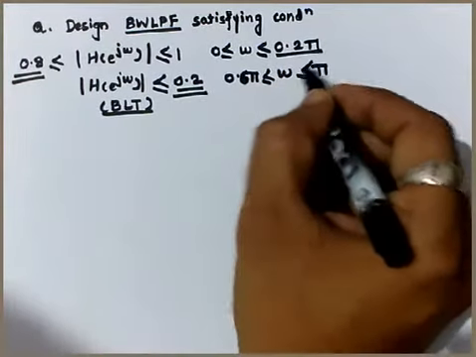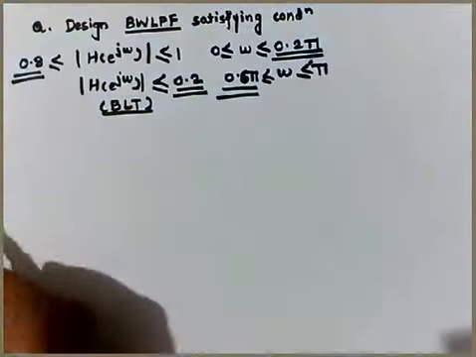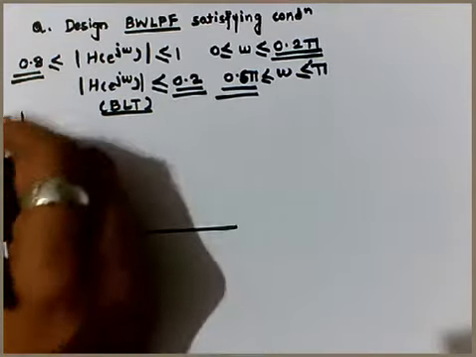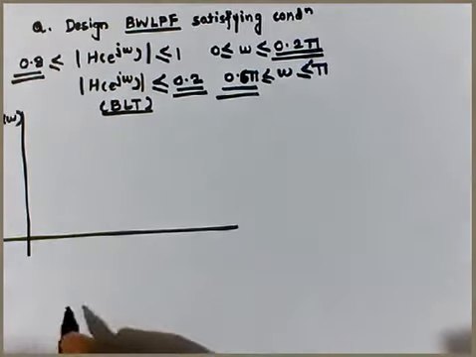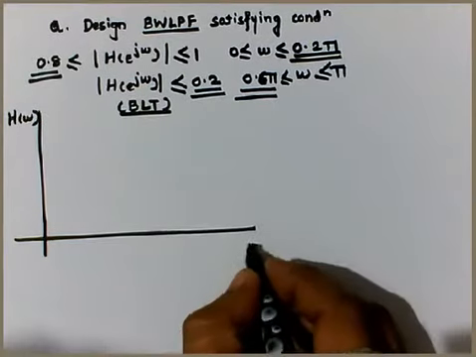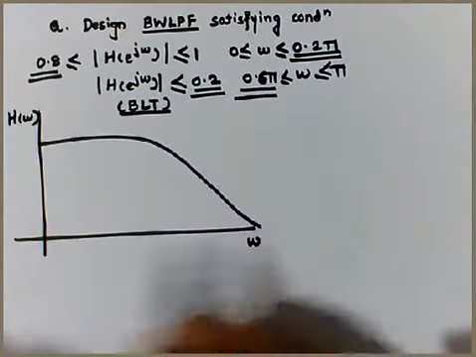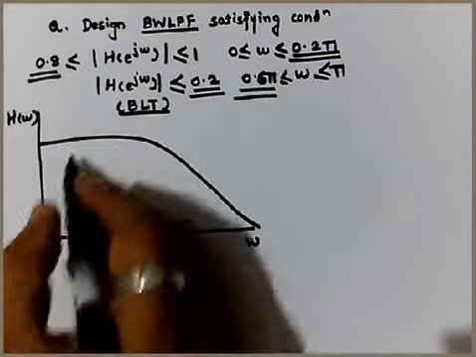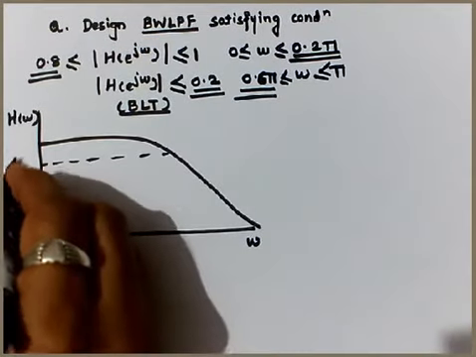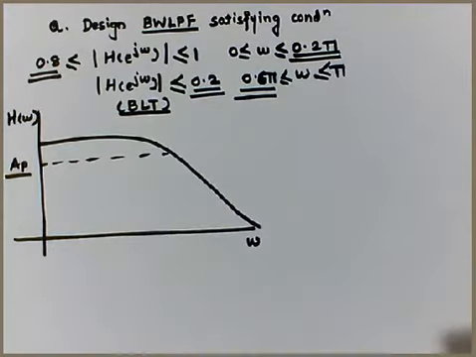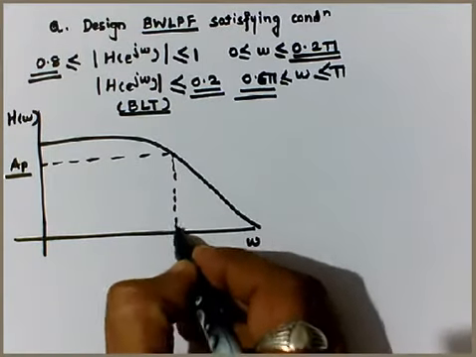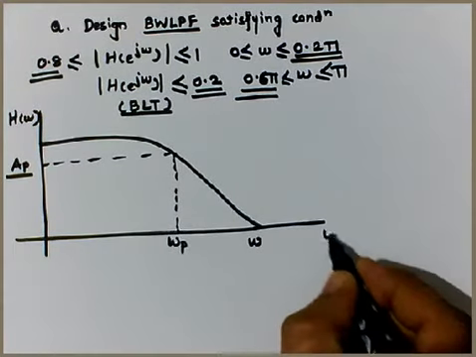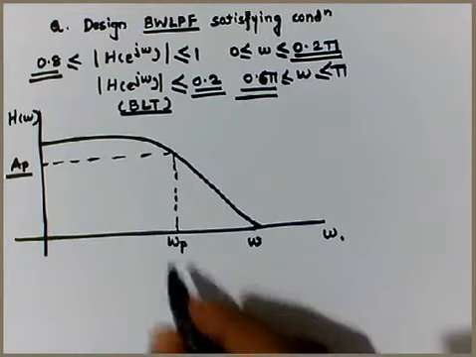For discussing what exactly these values are, let's consider the graph of H of ohm versus ohm. Right now I will just consider it as H of omega versus omega. Here the low pass filter is provided, so this is the response of the low pass filter. It is passing the low frequencies and the higher frequencies will be blocked. This is the point where the AP comes into the picture, that is the passband attenuation which we have seen. Corresponding to AP, the next point of interest, let me write here, is omega, which is nothing but omega P.